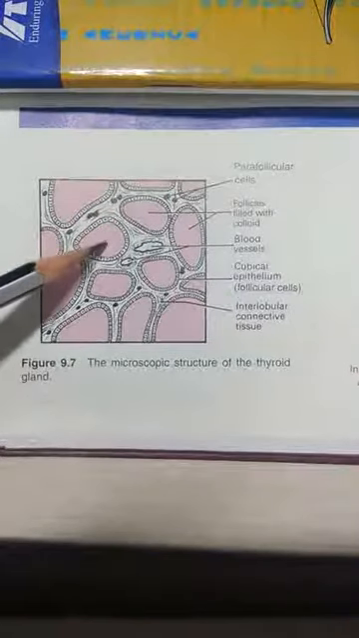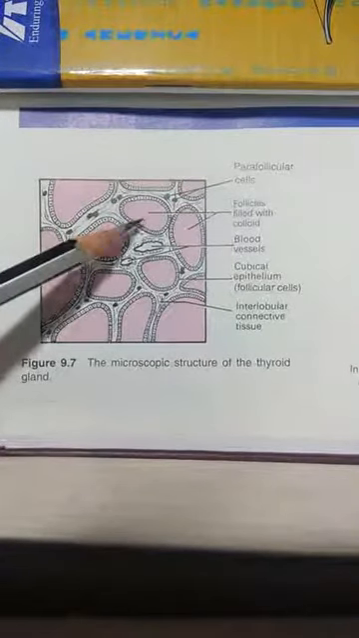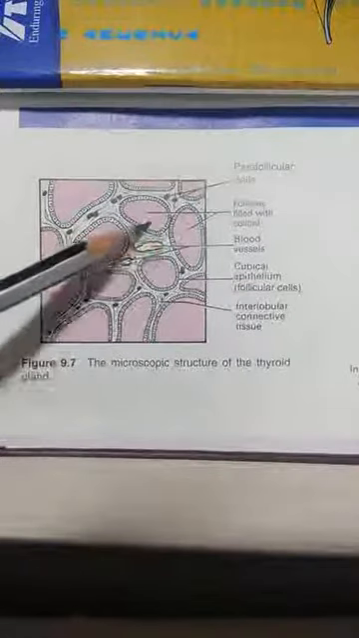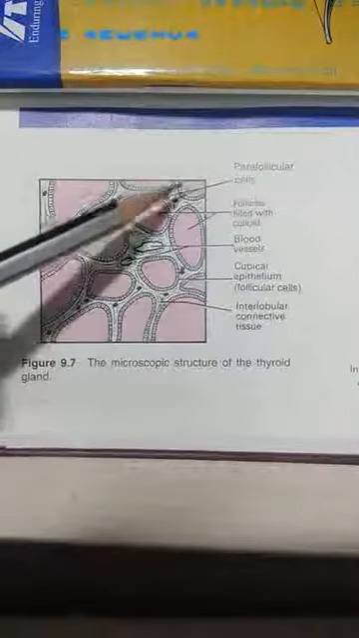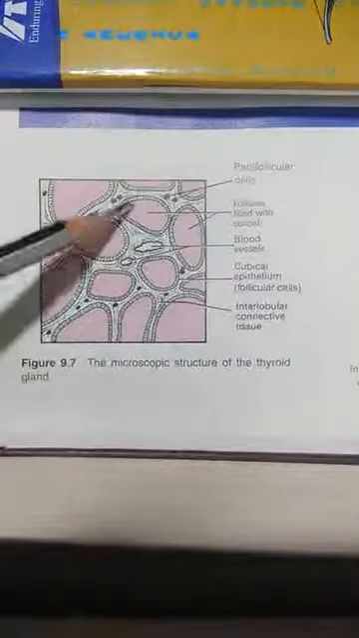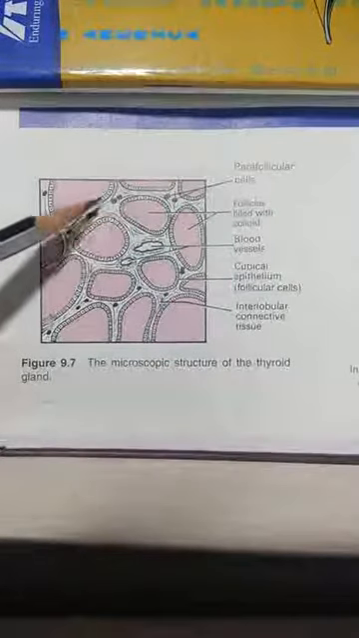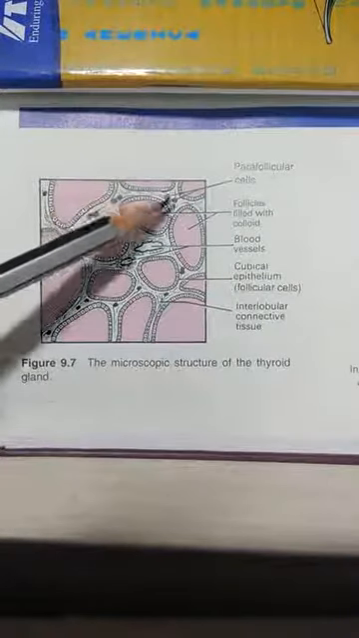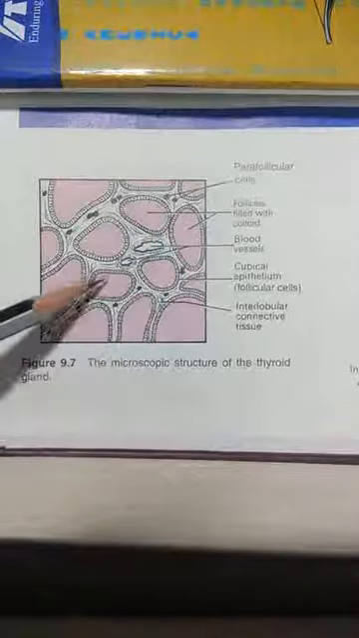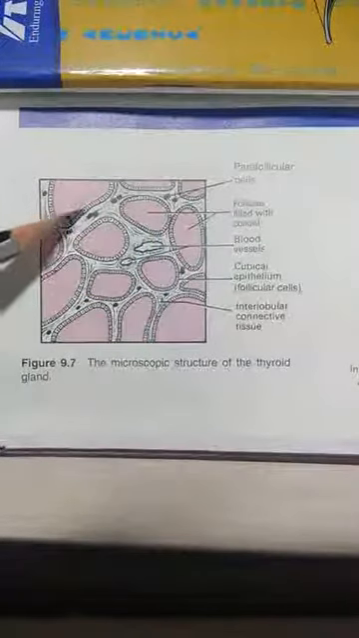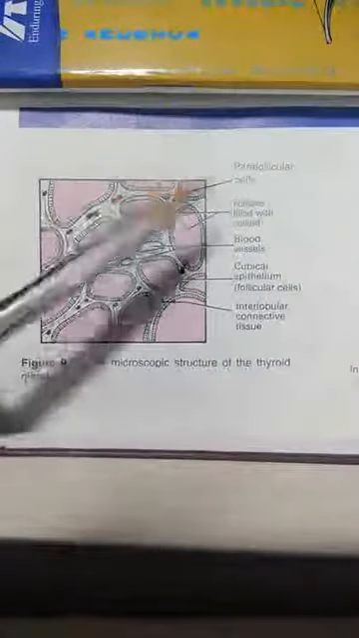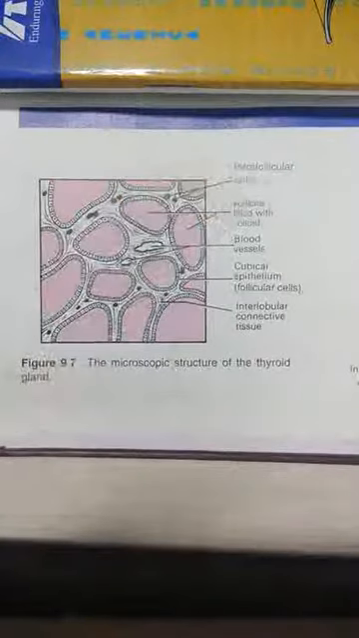And between two follicles are present parafollicular cells. Here you can see the parafollicular cells present in between the two follicles, which are also known as C cells, as they secrete